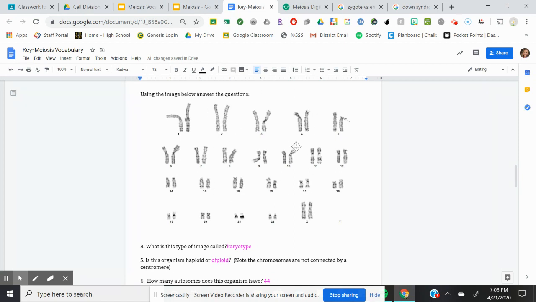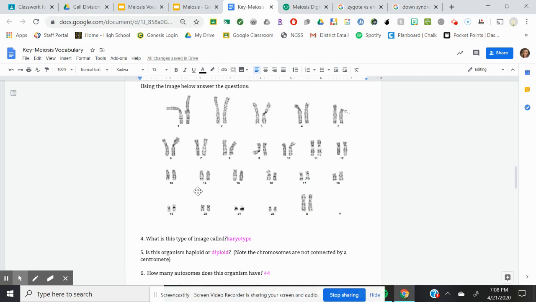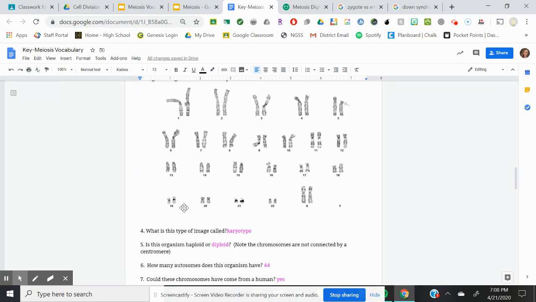So this is called a karyotype. It's a picture of chromosomes, all of the chromosomes from your cell. So this is your entire genome. All 3 billion letters of your DNA are spread out along these chromosomes. Is this organism haploid or diploid? This organism is diploid because it has both